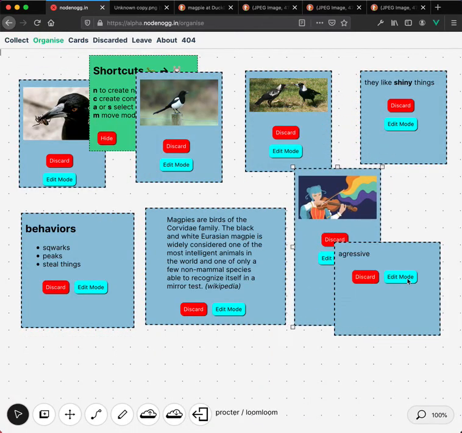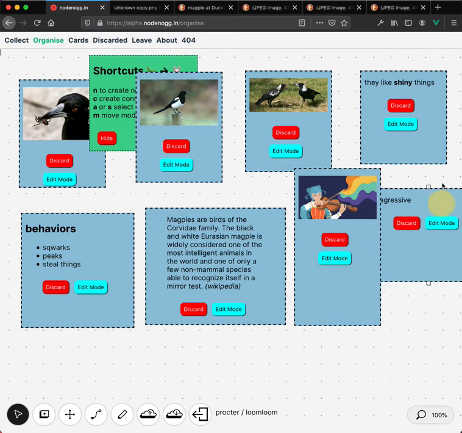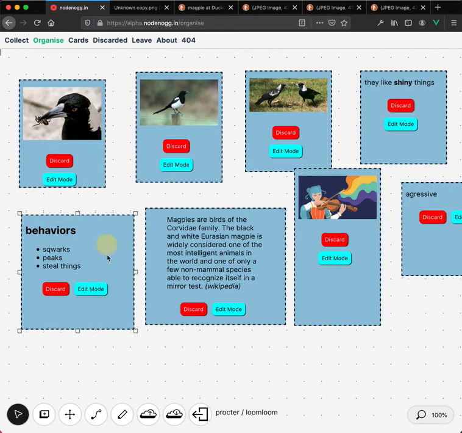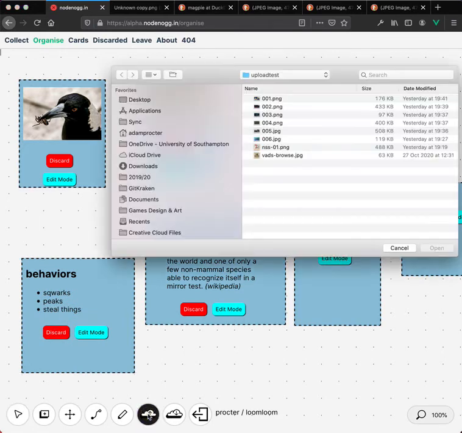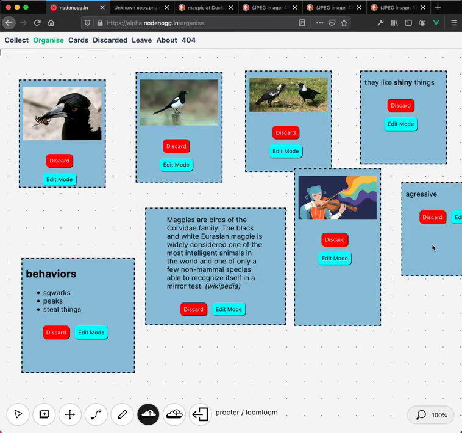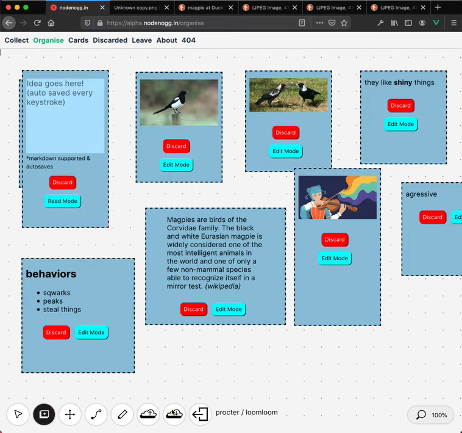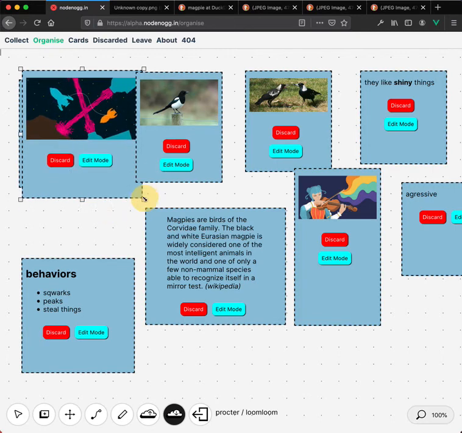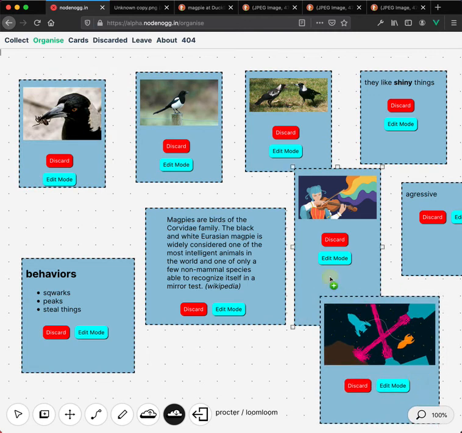So let's move these over here a little bit, and then we'll finish up with a little bit of organization. So I'm going to click the up cloud. I'm going to pick another image. I'm going to click open. I'm going to then click for a new node, click the down to get the image, and then I'm going to paste, and you'll now see that I've got my second image here. Neither of these have got anything to do with magpies, but